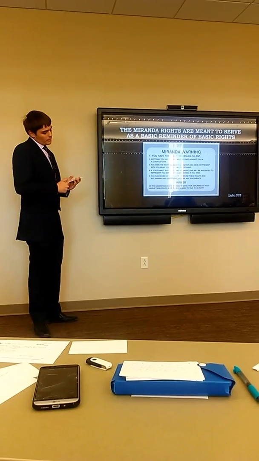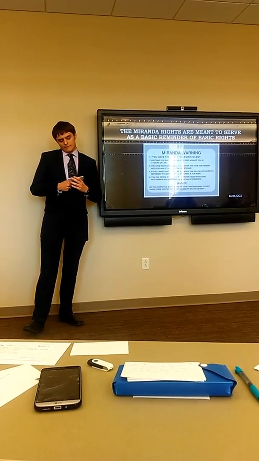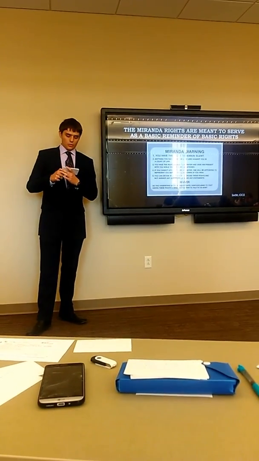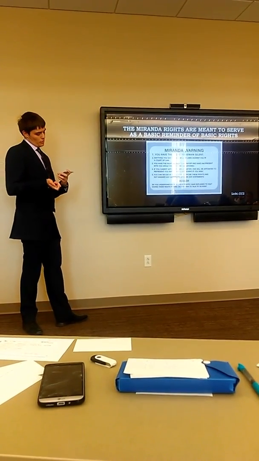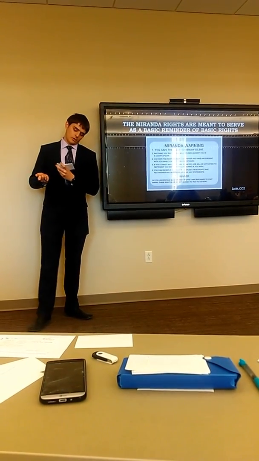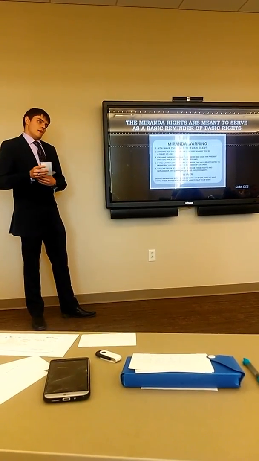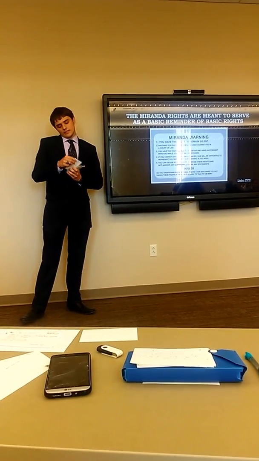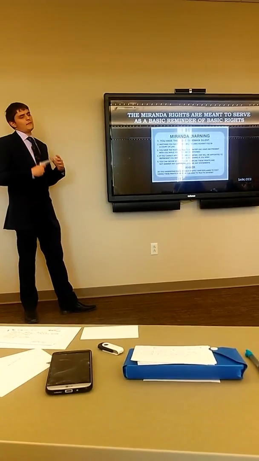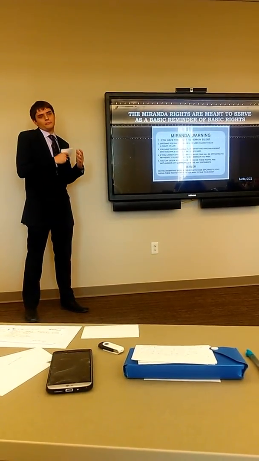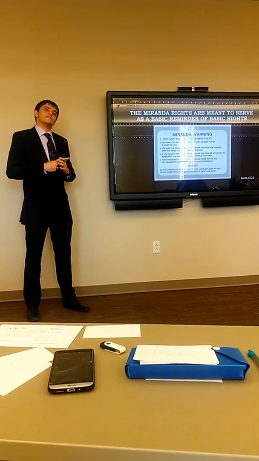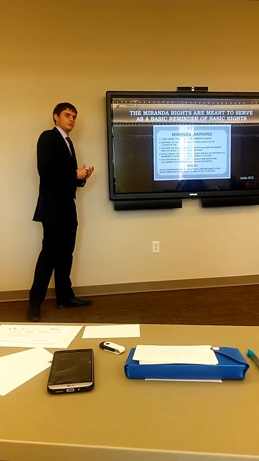Ernesto Miranda was arrested for the rape of an 18-year-old woman based only on circumstantial evidence, according to page 153 of the book Criminal Justice: A Brief Introduction, authored by Frank Schmalleger in 2014. After they had arrested and started interrogating Miranda, they did not give him knowledge of his rights to an attorney or to remain silent. So they grilled him for 2 hours, after which he finally admitted to the rape of the 18-year-old woman.